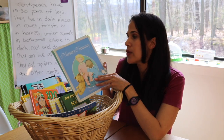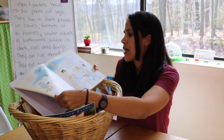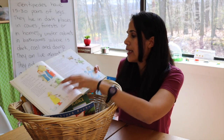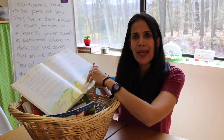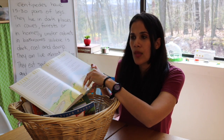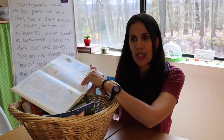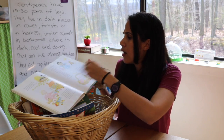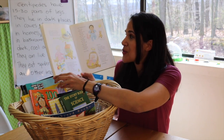And I just love reading nursery rhymes because, especially for my little ones, they love it. And they learn so much language from these books. And rhyming is really a good exercise for reading, for when the kids get to reading, because it's really important to learn rhymes. So lots of fun little nursery rhymes,